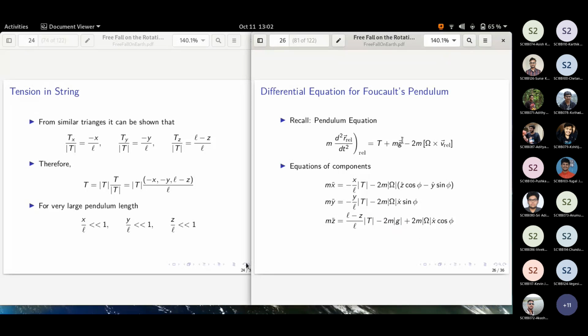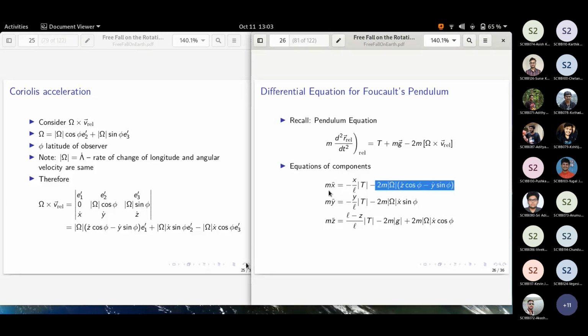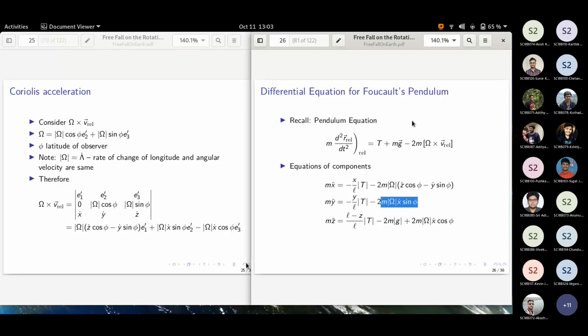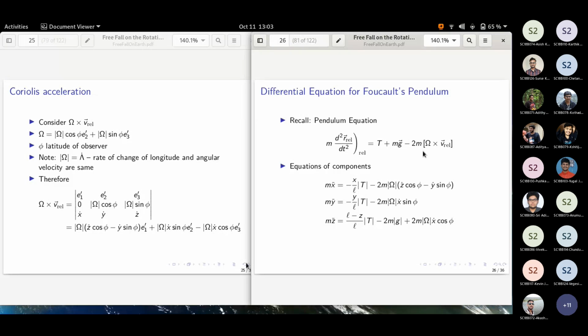And the omega cross v_rel we just computed here has E1', E2', E3' components. Along E1', it has the modulus of omega, z dot cos phi minus y dot sin phi. That is the part given here for the x component. Similarly, for the y component, you have modulus of omega x dot sin phi. Since it is 2 times that, you have to substitute that 2 also. And for z, you have modulus of omega x dot cos phi. The mass has to be substituted 2 times and also 2 times mg in the k direction. So this is your differential equation, and then we will now use that